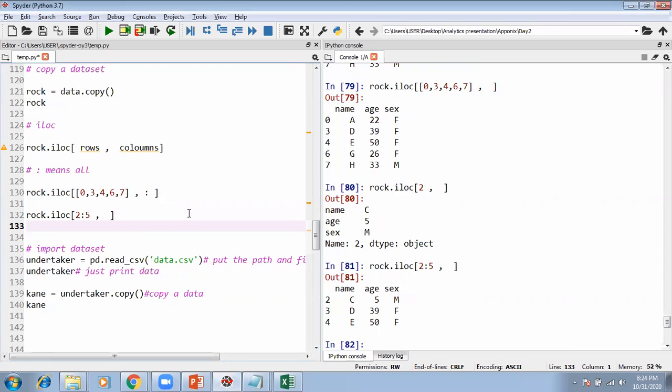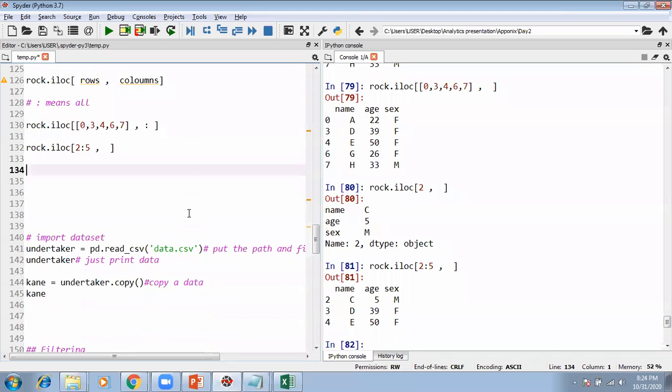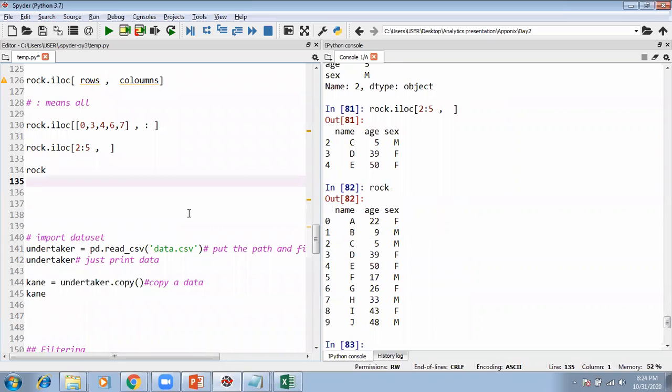Okay. Now, it might so happen that we do not always know the index number. Maybe I know there is a column called sex, but I have no idea whether it's the third column or the 30th column. I only know the name.